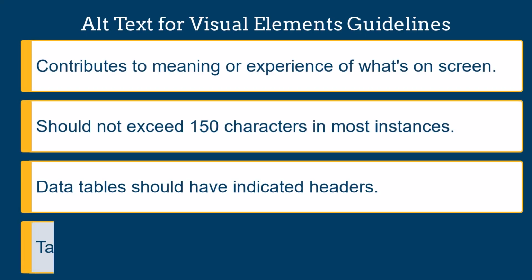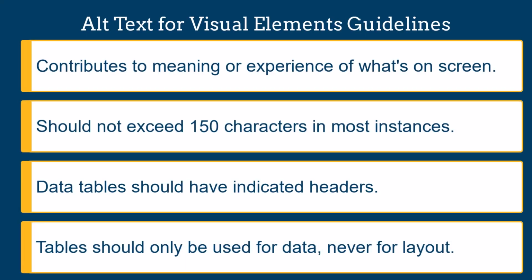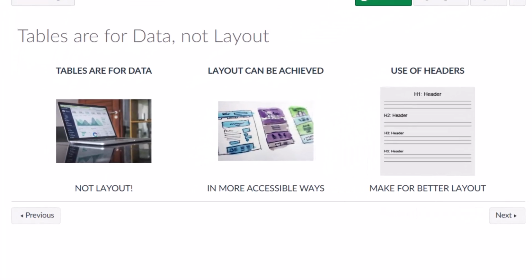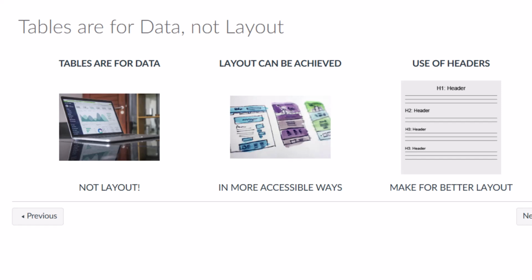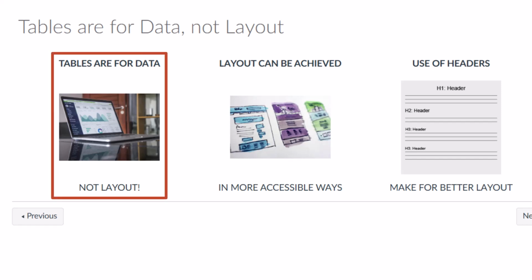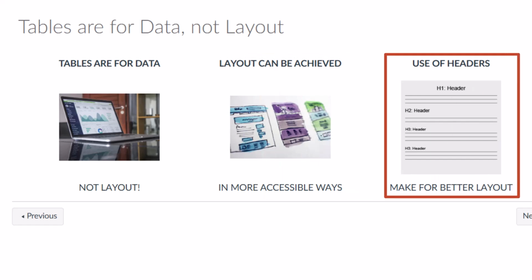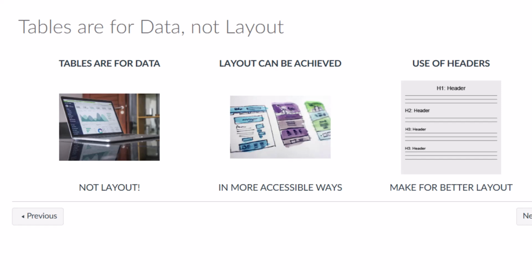Finally, tables should only be used for data and never for layout. If you take a look at this page, you can see that I have 3 columns of information. The first one says tables are for data, not layout. The second says layout can be achieved in more accessible ways. And the third says use of headers make for a better layout. And to a sighted reader, they can make sense of this. But because I put this in a table, it is not accessible, and the screen reader will read this left